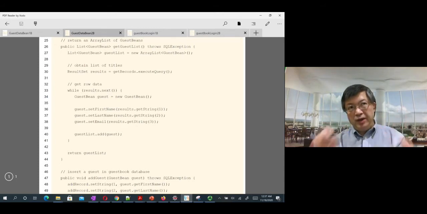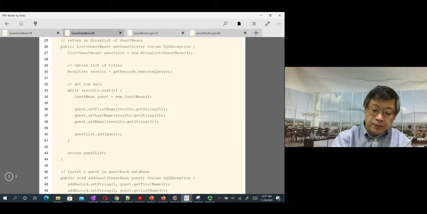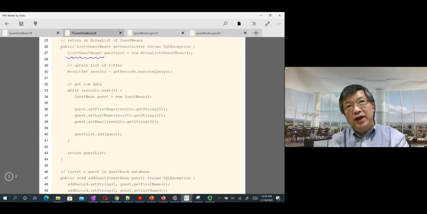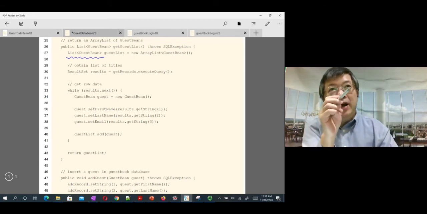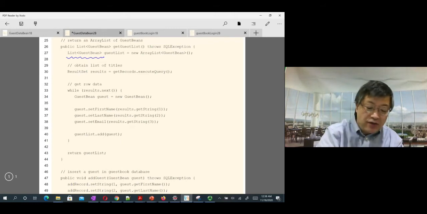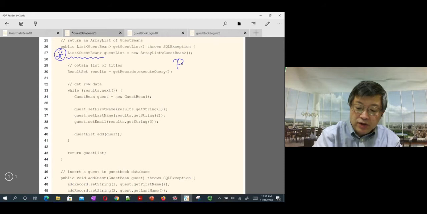So I need to explain it here another time, with a little more detail. Do you see this? A list of Java GuestBean, Java bean. Here, if you look at the sample, I remember I used this already in my project 1